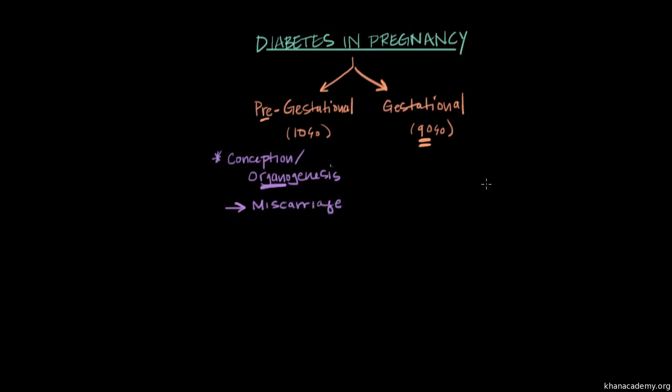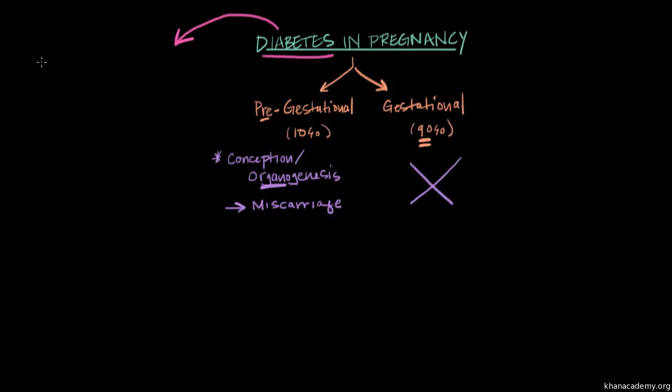However, with gestational diabetes, that problem with glucose control develops during the pregnancy, in some ways because of the pregnancy. And usually the glucose control isn't impaired until the second trimester, so after the point of conception and after the point of organogenesis. So miscarriage and fetal anomalies don't tend to be a problem with gestational diabetes. But that's not to say that gestational diabetes doesn't harm the fetus. Rather, diabetes as a whole, regardless of the category, can cause preterm labor, it can cause problems with the growth of the fetus, and it can even lead to stillbirth.